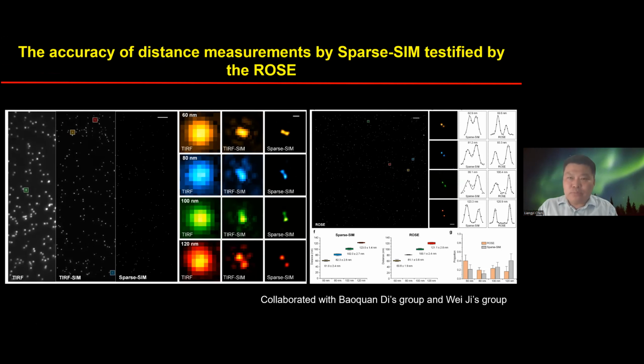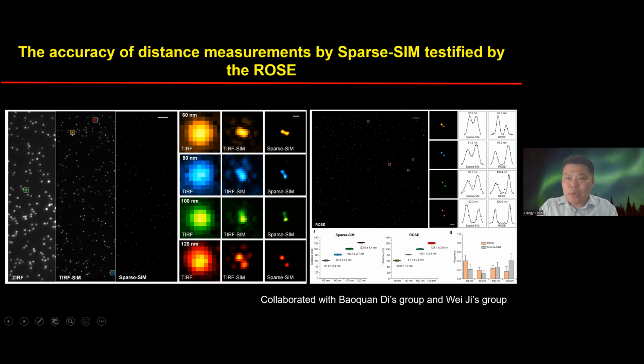We have to benchmark it with the ground truth, which is obtained by another microscope in a real world sample. So we make DNA origamis, with a pair of dyes labeled with a distance of 60, 80, 100, and 120 nanometers apart. And we mix them together, put them on the glass coverslip, and split it into two. Half of them will go to our TIRF-SIM for imaging and use sparse deconvolution,